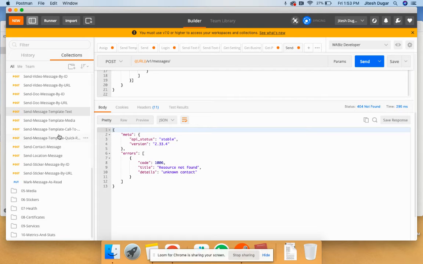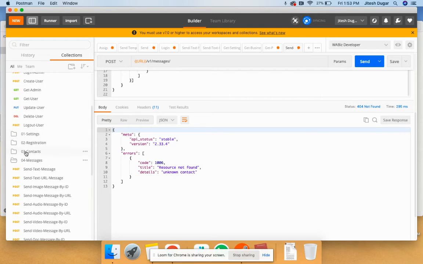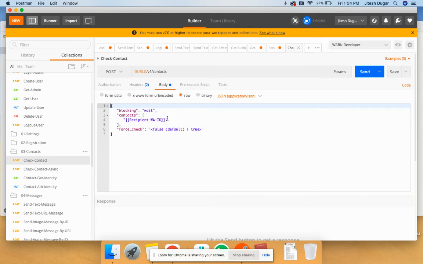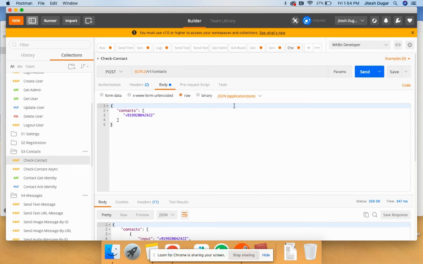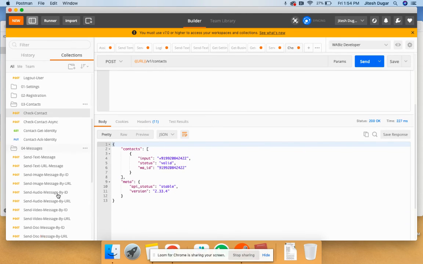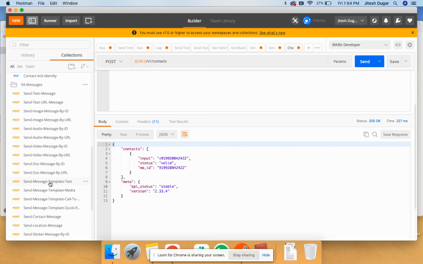Yes. So one thing that you have to notice before sending a message to any number, the number needs to provide an opt-in, and to declare an opt-in, you have to call the contact API. And to do that, you have to pass the phone number here with a plus sign. You can remove the force check and the blocking fields also; those are not mandatory. And then just call the API. Says processing, call it again. So now it's valid. Now call the same API again.